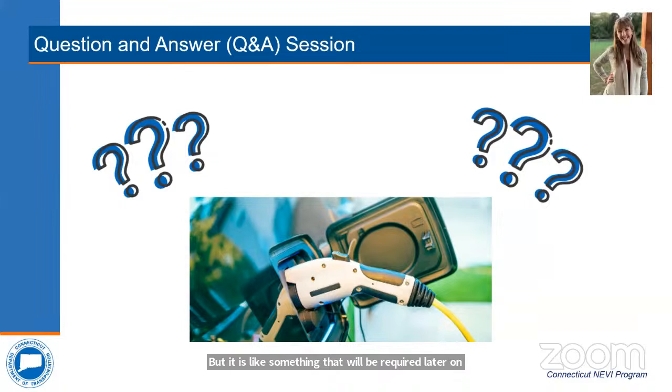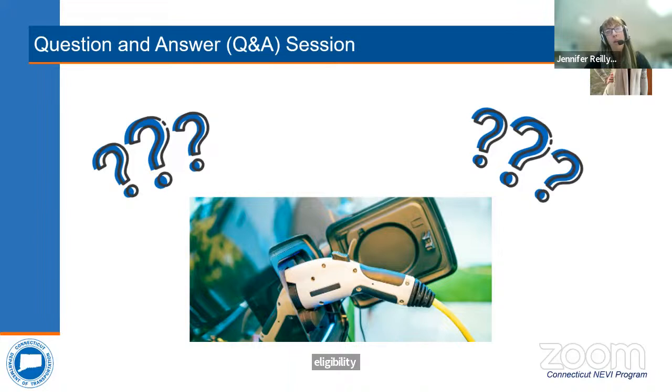Okay, thank you. Next question. Will equipment specifications be uploaded to support the equipment eligibility? Yeah, so the federal NEVI minimum standards give specific guidance on equipment specifications requirements. I would reference those.